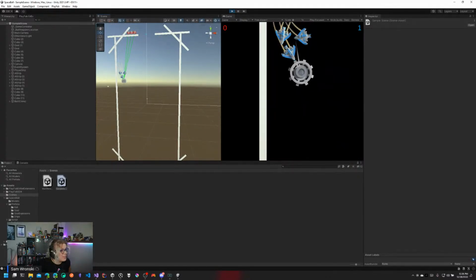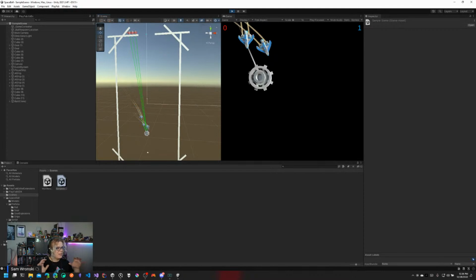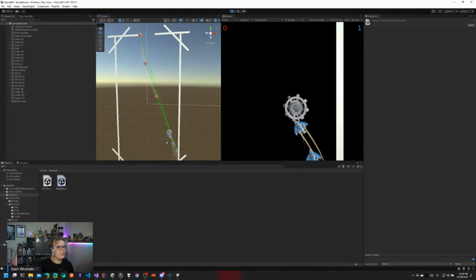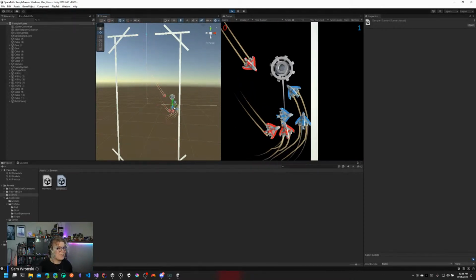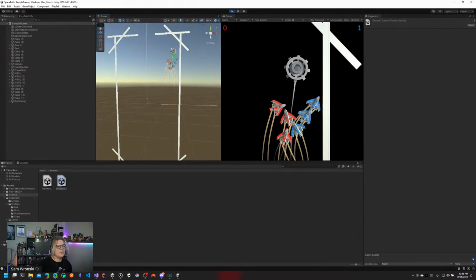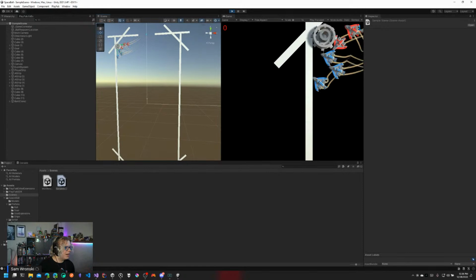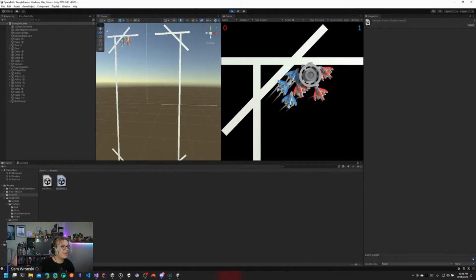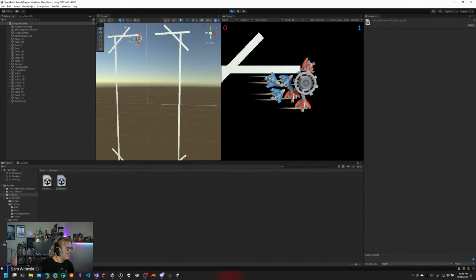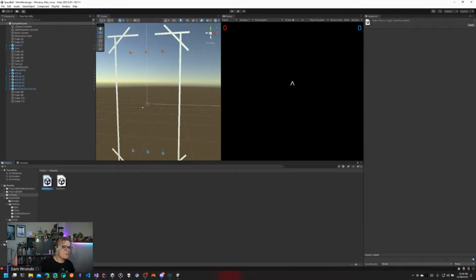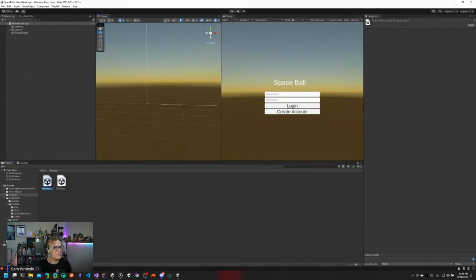So what we'd like to do is have that ship track goals or track other things that we add to this. We probably want to add a few other mechanics to the game to make it a little bit more interesting, because right now it's just kind of everything running into each other. But we could add a little bit more to make that more fun. So that's what we're trying to do. Yeah, that's that. So let's jump back here to the less interesting UI based stuff and see